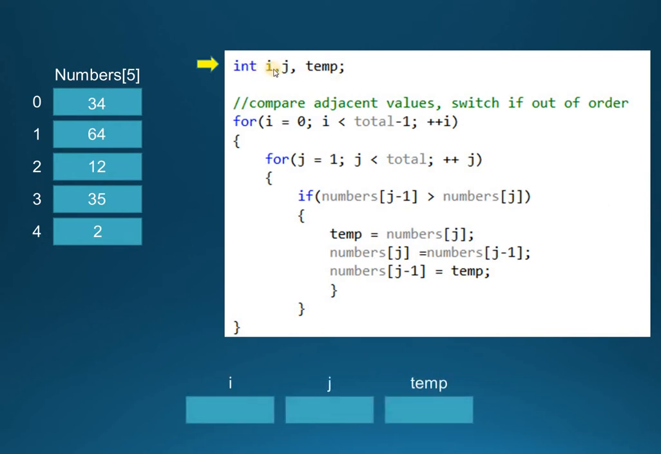Okay, we start out by declaring i, j, and temp. Here are our variables. And these are the first 5 numbers in our array. Definitely not sorted. Okay, we start our for loop with i equals 0. Here it is. And then we start our second for loop, the nested for loop, with j equals 1. And we check: if the number at 0 is greater than the number at 1,